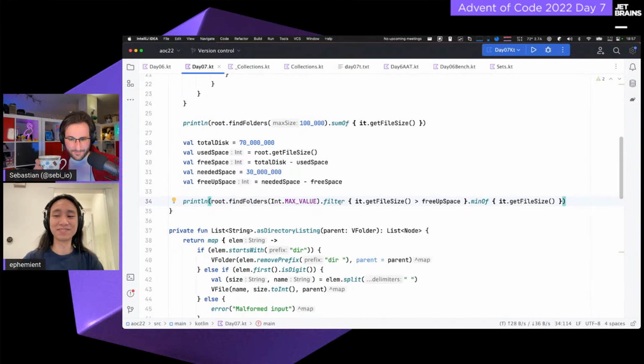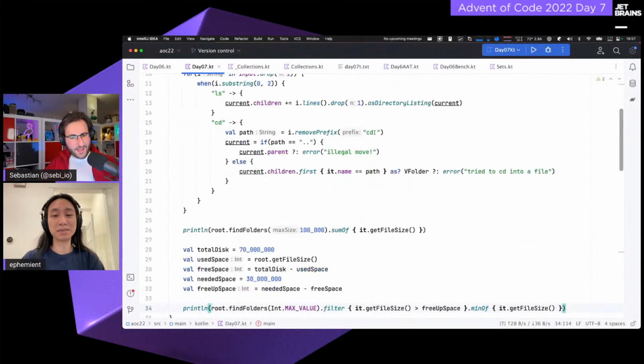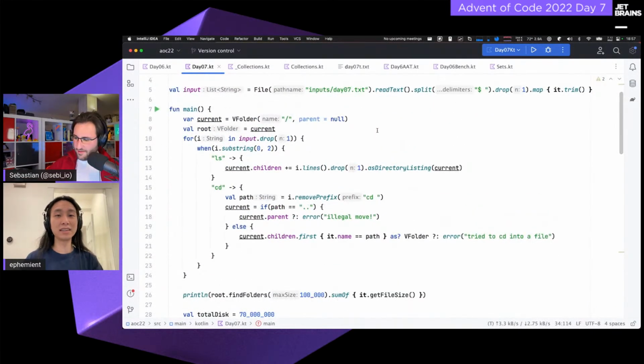Yeah. And so that's kind of my solution, which is longer, but I think has its own kind of charm. I think it's actually interesting that the way we set up our structure affected the choices we made as well. You were able to split on the dollar sign because you had the entire file as a single string to begin with.